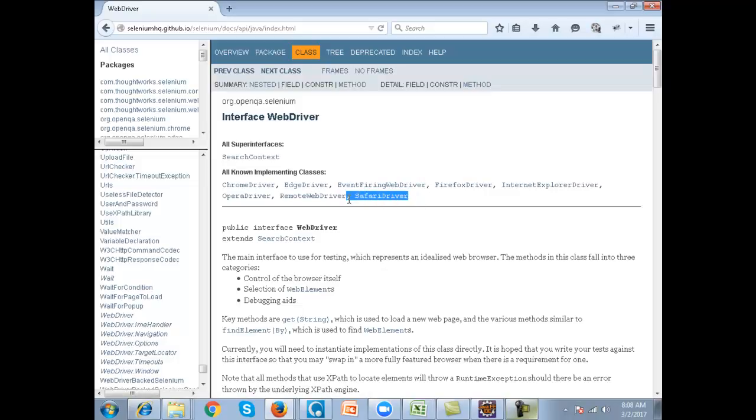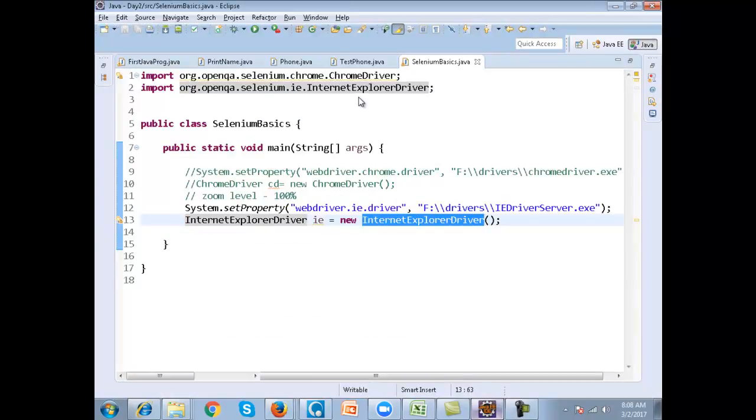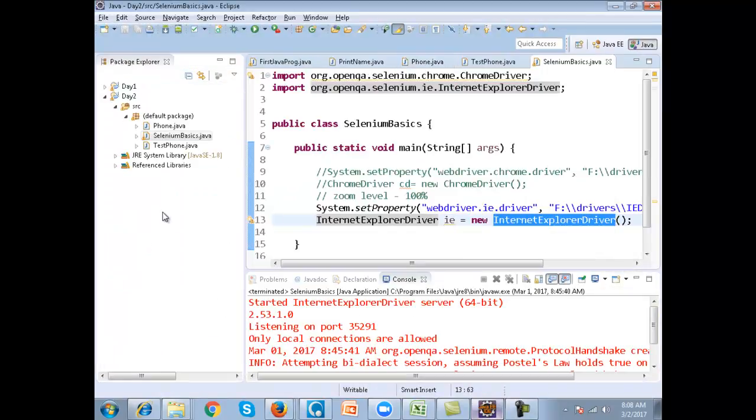If we talk about Firefox driver, you can watch module 11, in which I have explained in detail about Selenium 3 and how to use Firefox with Selenium 3.